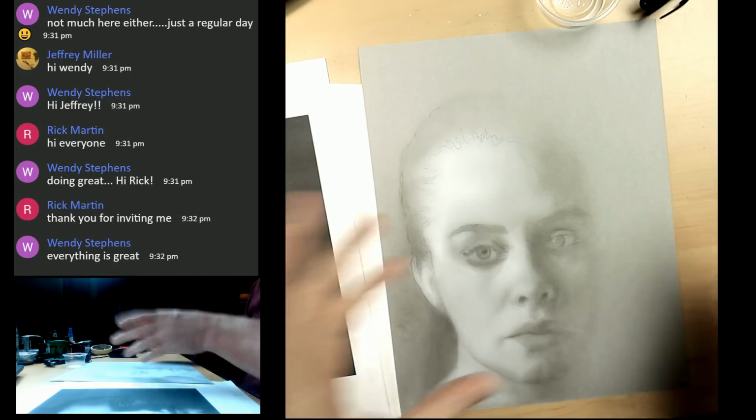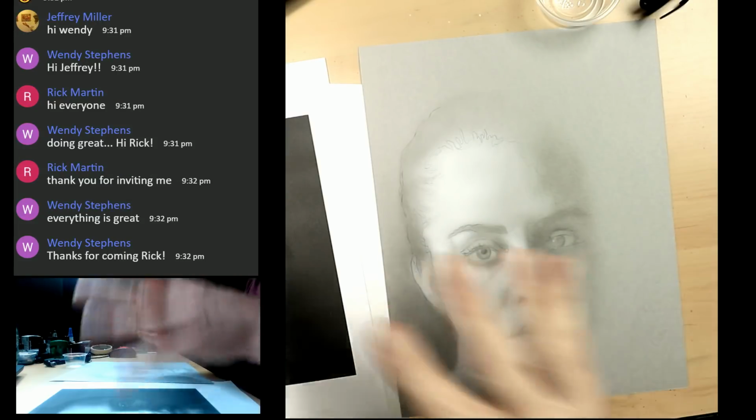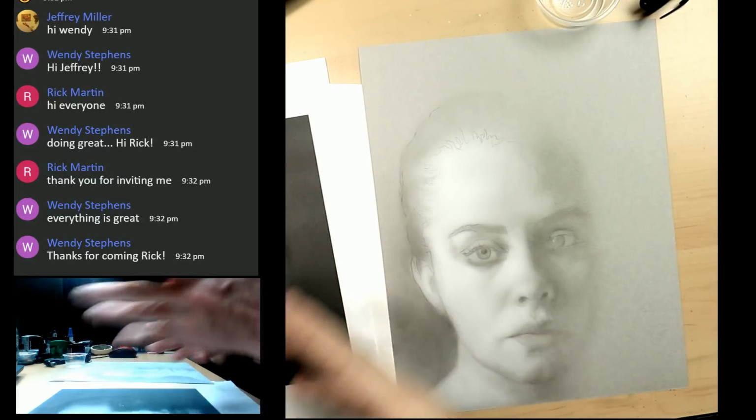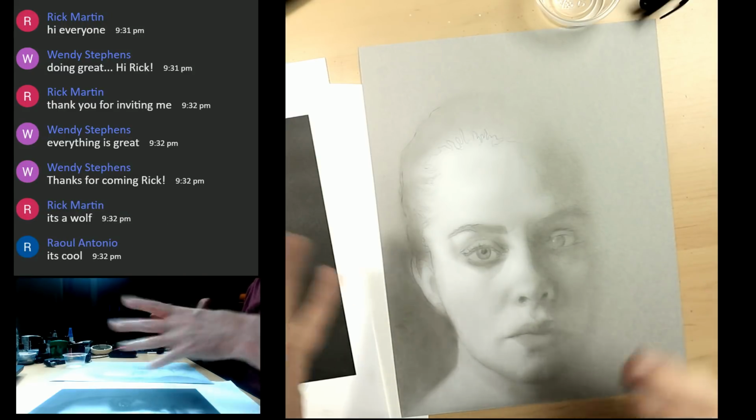So, normally I go right into it with the ink, but since Rick is new and we have some other people who are new coming by, what I'm going to do is I'm going to show...